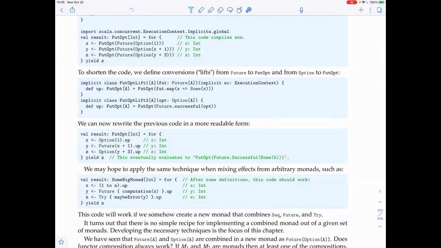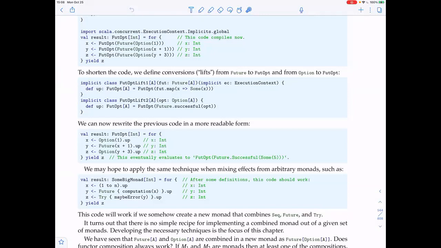The name up is just a short name instead of writing lift, because lift is already defined on an option in the Scala library. So let's just say we define this up method as an extension method, and then we can write code like this. So this is good, it's reasonably short, and